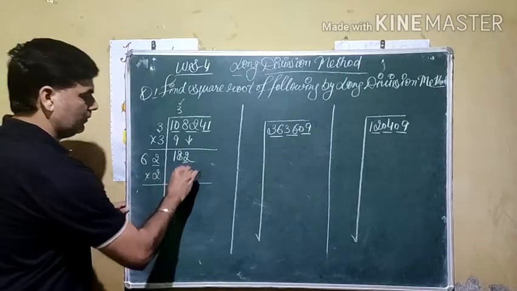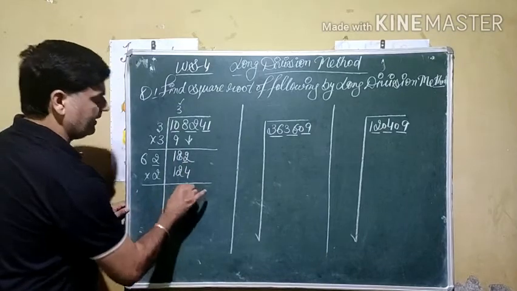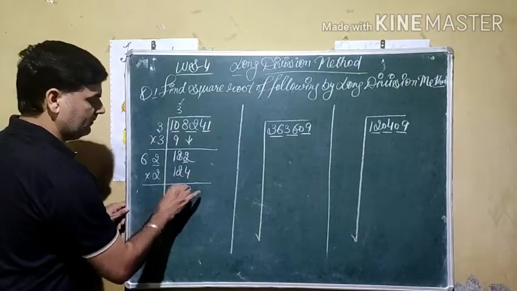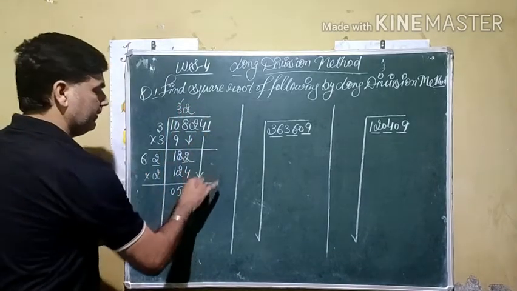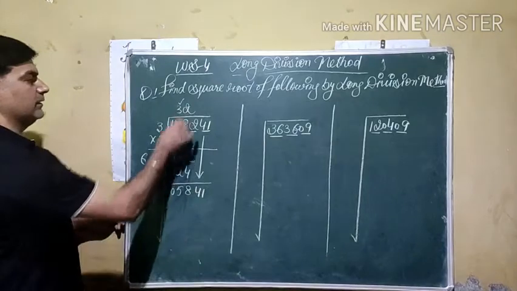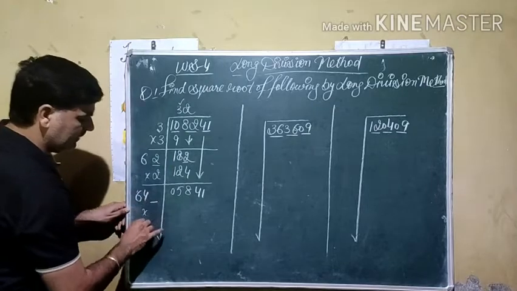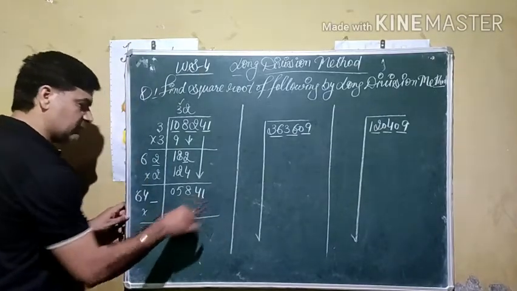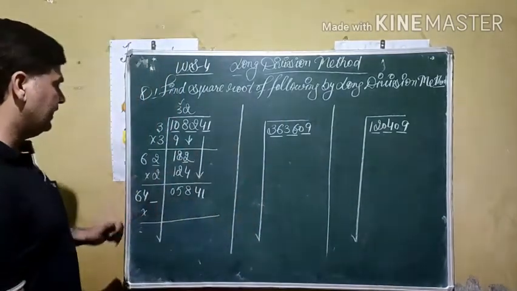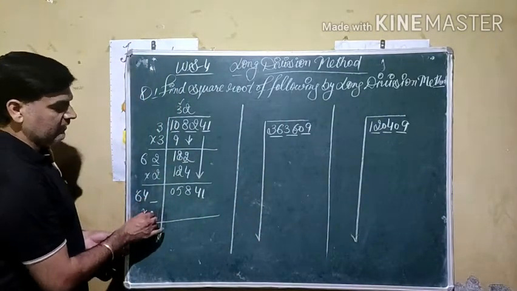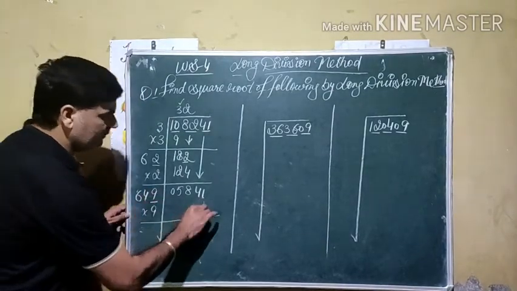So 2 2s are 4. 2 6s are 12. Balance 12 minus 4, 8. It becomes 7. 7 minus 2, 5. 1 minus 1, 0. Here the digit comes out 2. Next pair 41. Last pair. Double of 32, otherwise sum of these two, 64. We have to put the digit multiply same digit. The square of which number gives us 1 at the last? There are two possibilities, 1 and 9. If we use here 1, 641 multiply 1, 641. So we are trying here 9. 9 9s are 81, 8 carry.